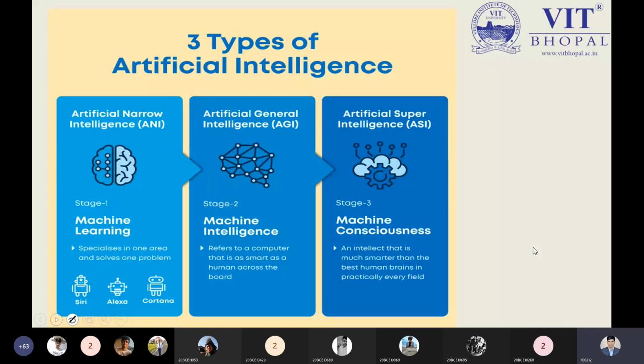It would be possible because we depend on machines and do everything through them. The machine will become more intelligent than the human, it will take the decisions, and it can rule over humans. Human civilization could be brought down by the machine in the coming days. That would be the third type of artificial intelligence. Is this point clear?